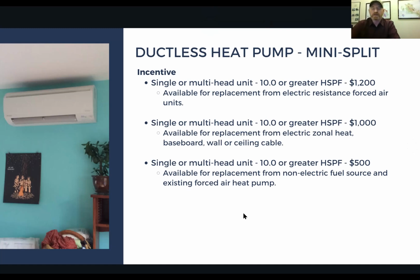And then you can see down on the bottom, we also have a $500 incentive for a unit replacing it, whether it's from gas, wood, or something like that, or even an existing forced air heat pump moving to a ductless heat pump. So maybe one of the questions would be: